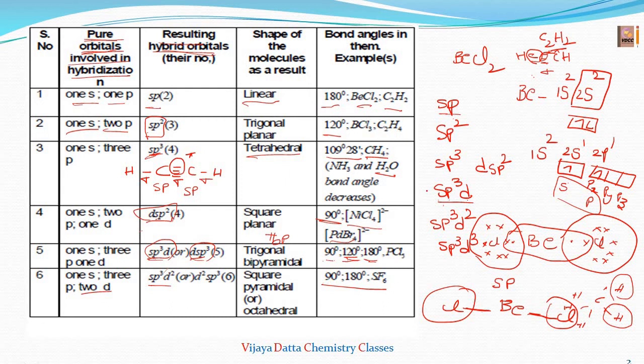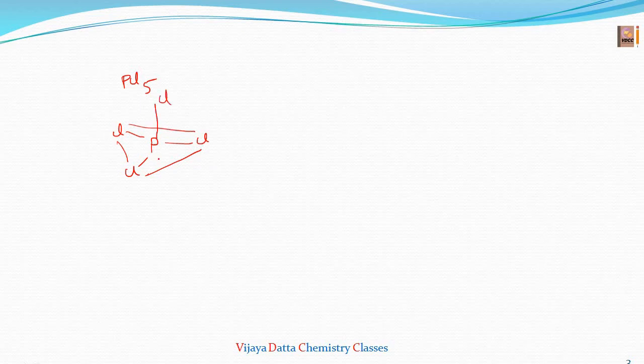So I'll show you the structures of CH4, PCl5 and SF6. Let us see. I have given you the trigonal bipyramidal PCl5 structure, right? PCl5 is the trigonal bipyramidal structure I said. So what is the trigonal bipyramidal? Let us see. It is the trigonal planar. This will be the bipyramidal structure.